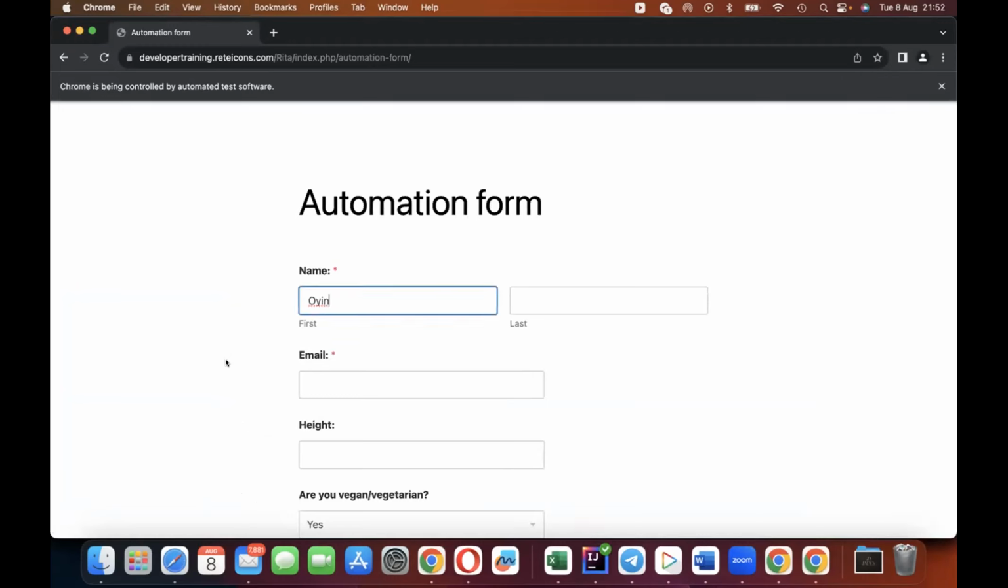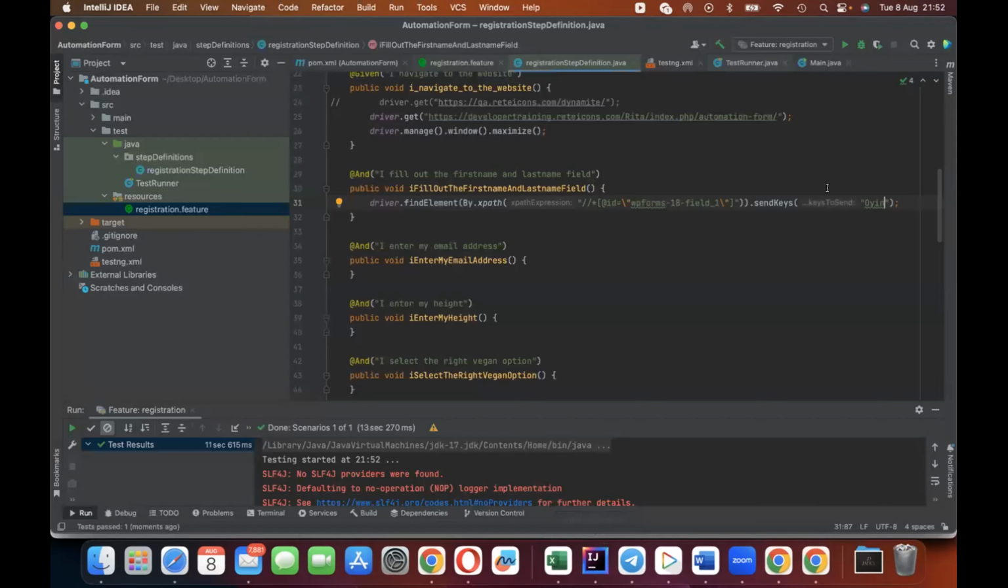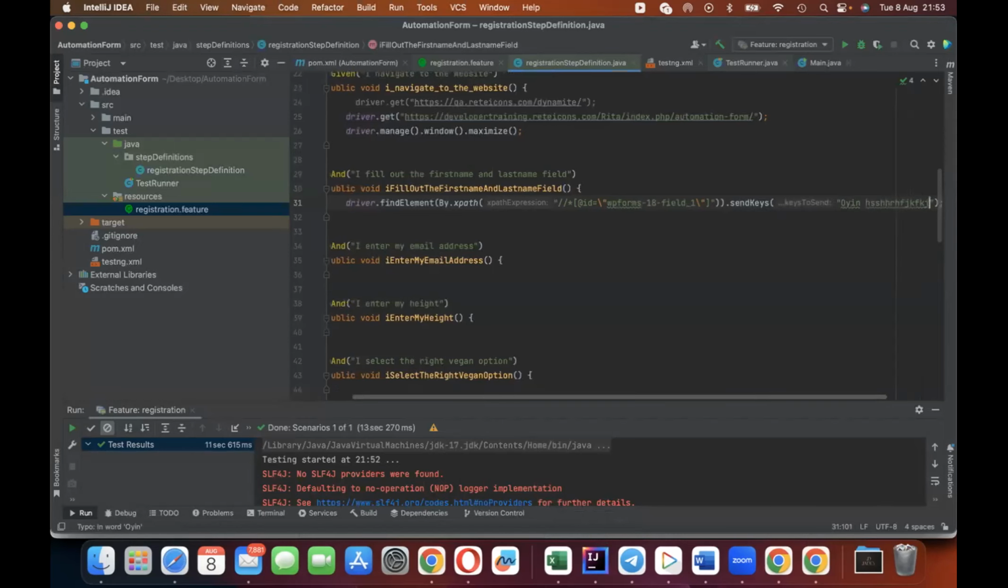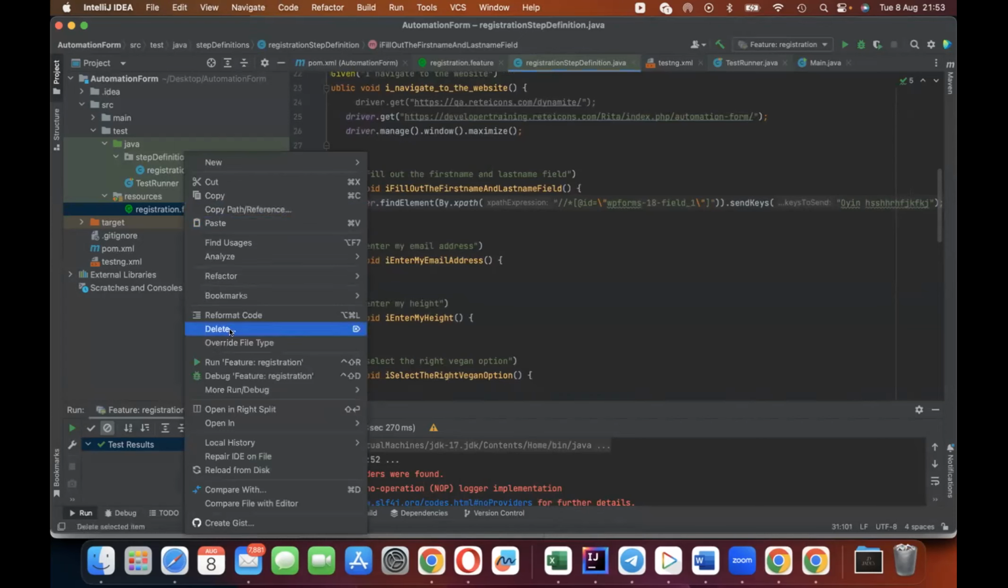Good. You can see it loaded the web page. It expanded it to suit my screen resolution. Then it filled in my first name as well. So whatever value you fill in IntelliJ is what is going to be filled in on the website when it runs. So assuming I put Oyin and I click on run,